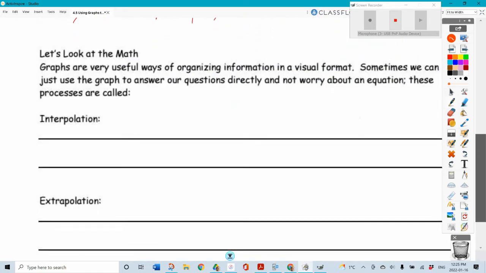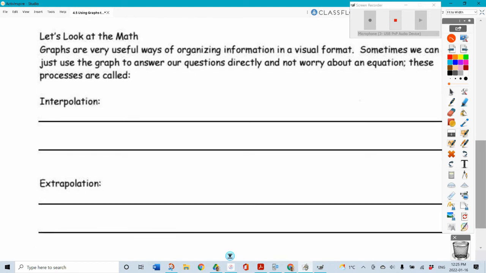When I look at math here, graphs are very useful ways to organize your information. It's something that we can see. Sometimes we can just use the graph to answer our questions directly and not worry about an equation, and we have two different processes here. The first one is what we call interpolation. I can never say that word right. Interpolation is basically estimating a value